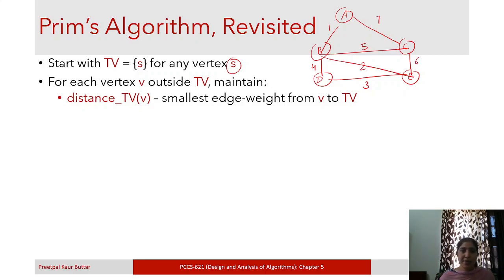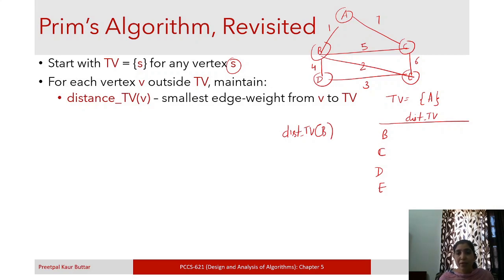Okay, so we will start with any vertex. Suppose I start with vertex A. So I add A, right? And for every other vertex outside TV, it means for B, C, D and E, I will maintain distance TV of V. When I talk about B, it is the distance from TV for vertex B. It is the smallest edge weight from V to TV.